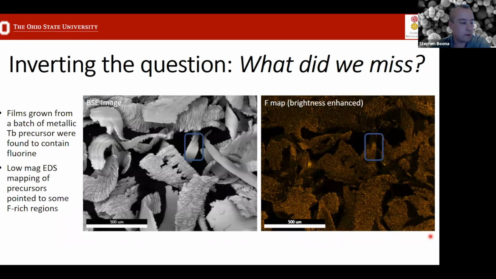Okay, so I have some considerations I want to get to at the end, but I wanted to go through an important example first to invert this question and kind of approach this topic from a slightly different angle and ask, what did we miss? So it's not necessarily uncommon to come across a situation where some material that's produced is found to contain contamination, and a hunt begins to figure out where the